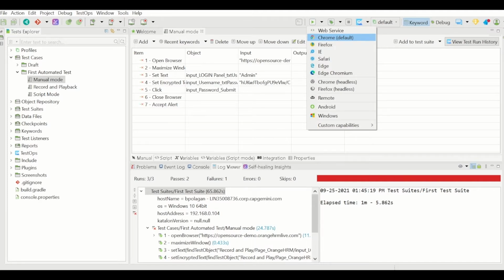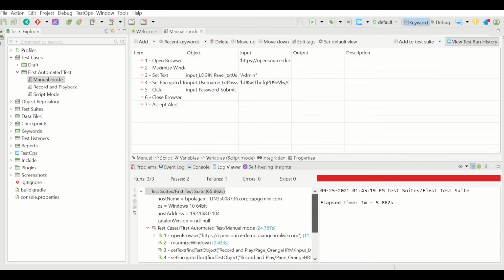And what is headless execution? You can choose these options and do the headless execution, meaning that the application will be executed and the steps will be executed, but you can't see the application and the step which is actually running with your eyes, but functionally it executes the same way as it happens in the UI mode. All right, so now let me show it with an example so that it is clear.